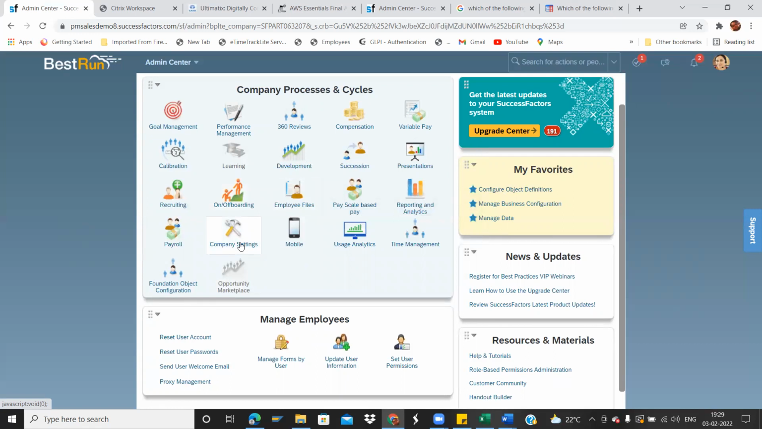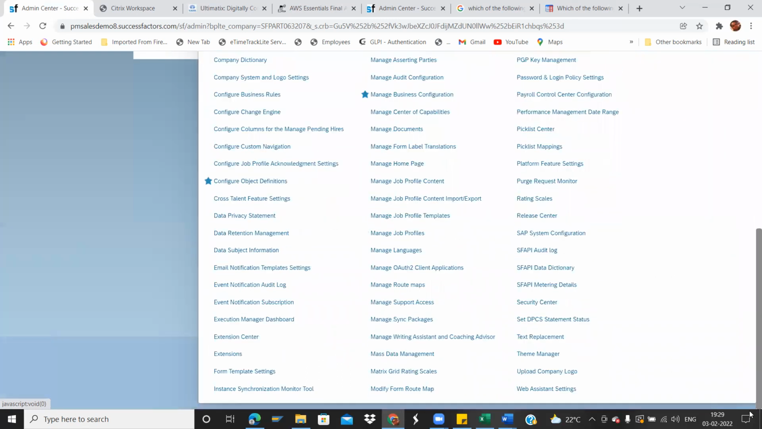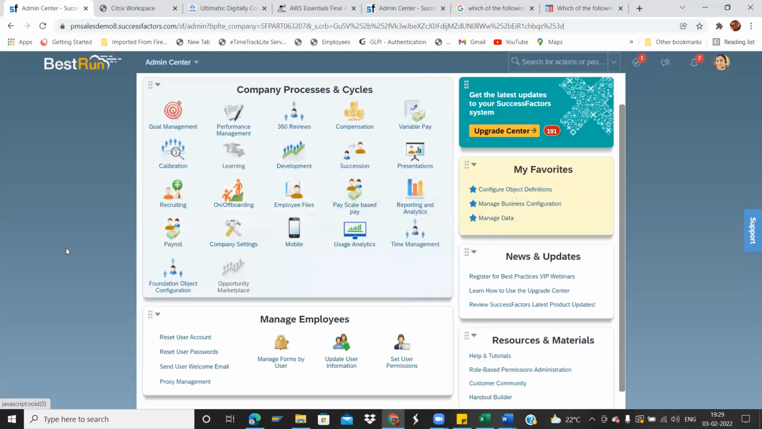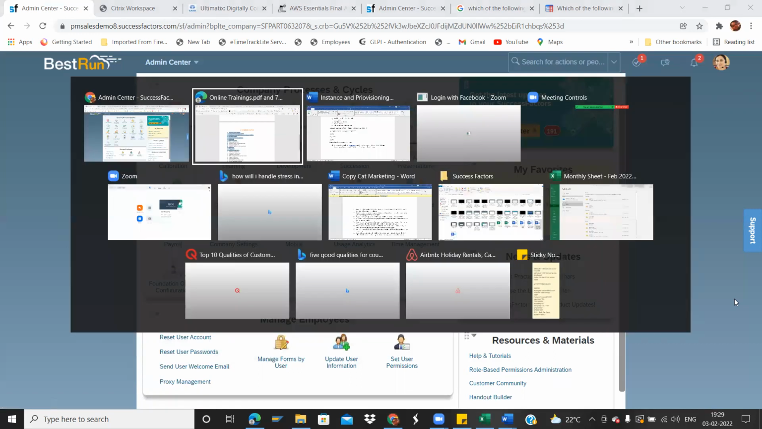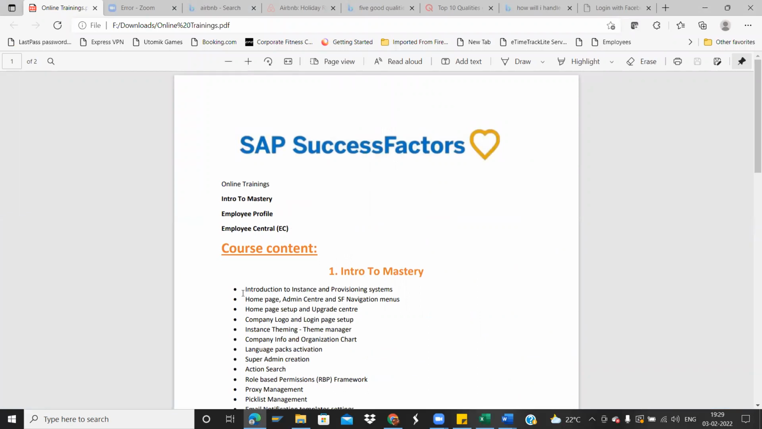Company settings is common for all anyways. You'll be having other modules as well, but maximum Employee Central related settings will be there here. Okay. So now I have just told you the introduction to instance and provisioning, and now we'll be covering